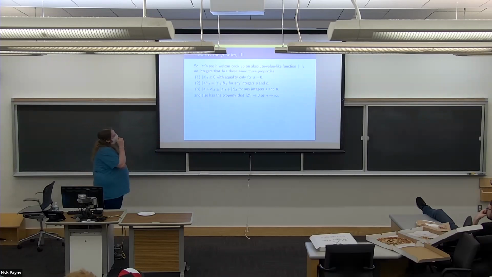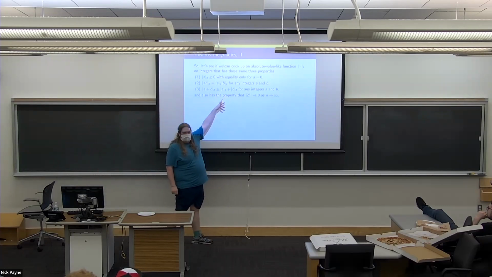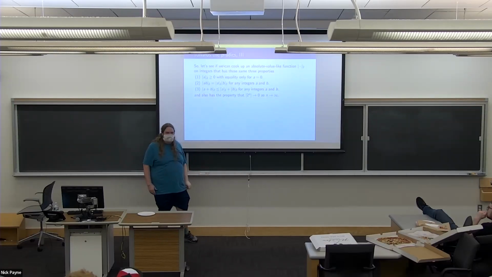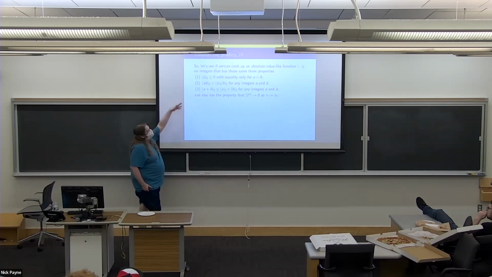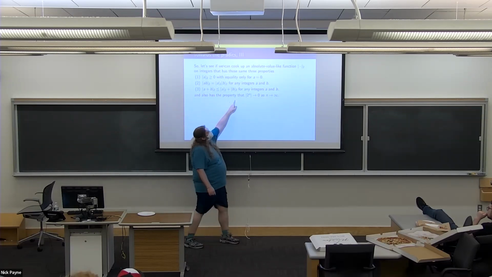And I wanted to have these 3 properties. First, I wanted it to always be greater than or equal to 0, and I only wanted it to be 0 when I plug 0 into it. Second, I want it to be multiplicative, so the absolute value of a product is the product of the absolute values. And finally, I wanted it to obey the triangle inequality. But also now, I'm going to insist that the size is, I forgot.